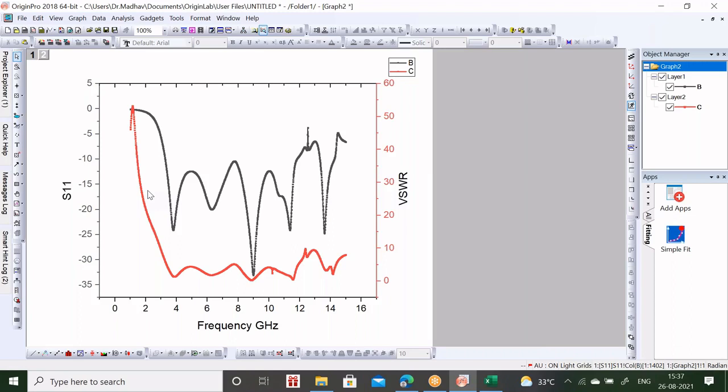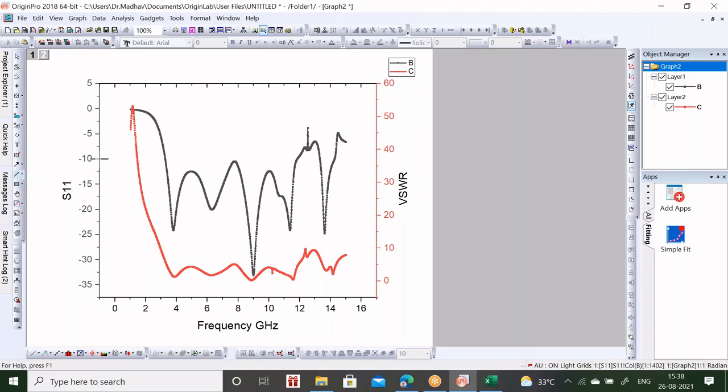In CST also, first you take the result, export that result as S11, and again call the import option. Export and import. In YouTube, simply type exporting and importing figure plots in CST or in HFSS. You will get a 5 minute video. By looking at that, you can do this. And here also you can make a line.